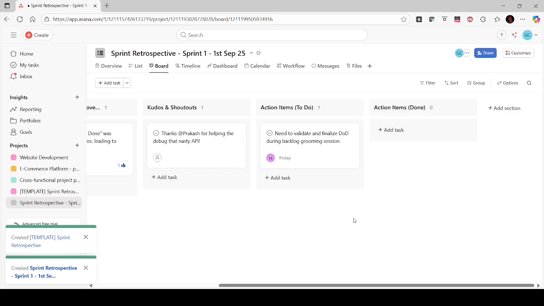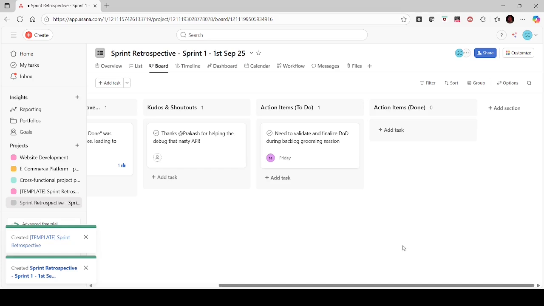We shall move those items into the new bucket, and during this backlog grooming session, if additional items are agreed to be 100% clarified, then those items also we shall move into the Ready for Sprint bucket. And going forward, in the sprint planning meeting, we shall consider only the items in this Ready for Sprint bucket